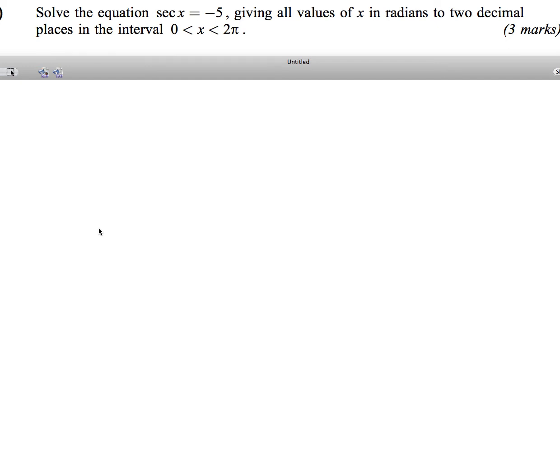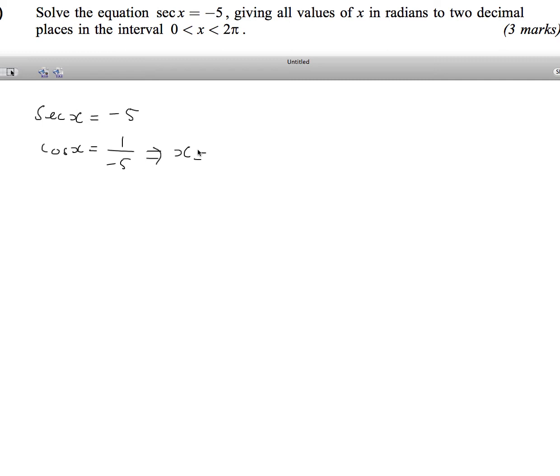Okay, so we've got sec x equals minus 5. This is question number 7. Right, so sec x equals minus 5, which means cos x equals 1 over minus 5. This implies that x is equal to, now when it comes to the calculator, don't put in the minus,